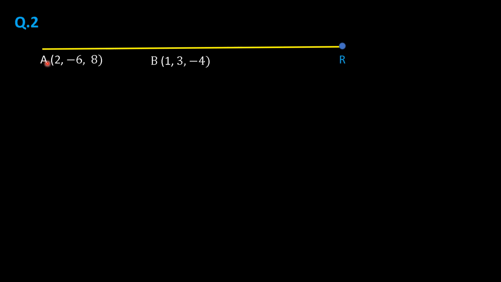Now what if point R lies on segment AB and divides segment AB externally in the ratio 1:3? We have to find the coordinates of point R, x, y, z. From the coordinates of these 3 points, we will write their position vectors. Therefore, position vector of A will be from these coordinates, that of B will be from these coordinates, and that of R will be